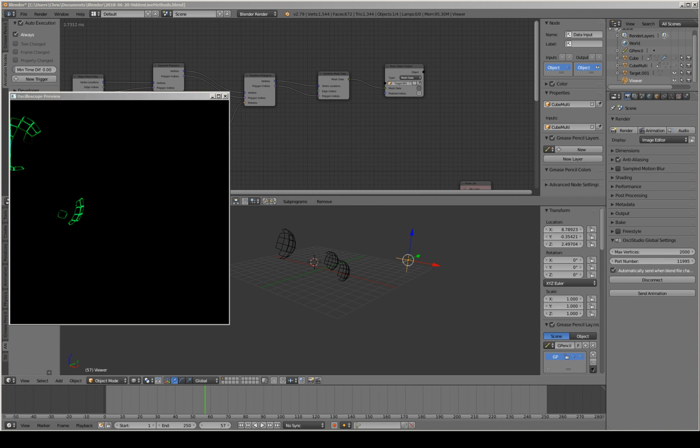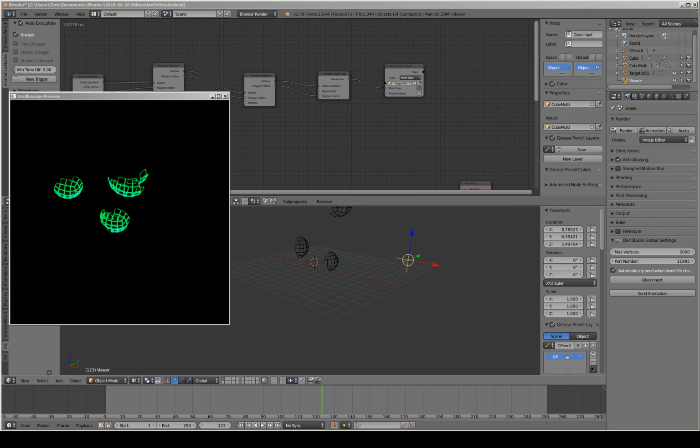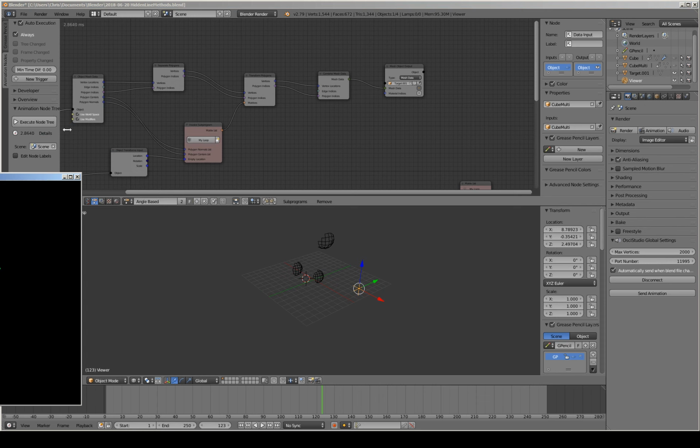Something like that. And then as it turns, you see the objects are sort of trying to keep their faces that are facing me in view. It's only showing me the front faces, right? So if this is sort of the top view, I'm not seeing those back faces anymore inside of Osci Studio because this script is hiding them. What this script is doing,